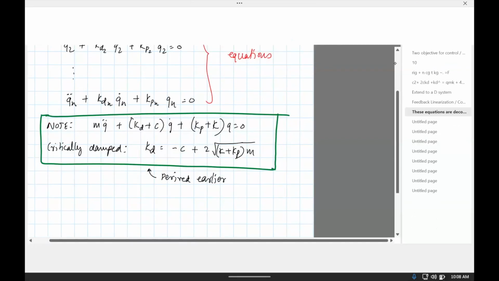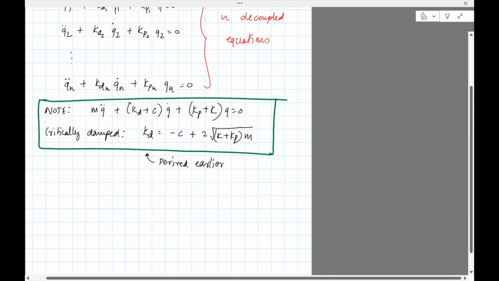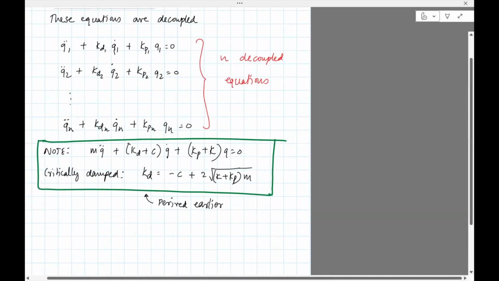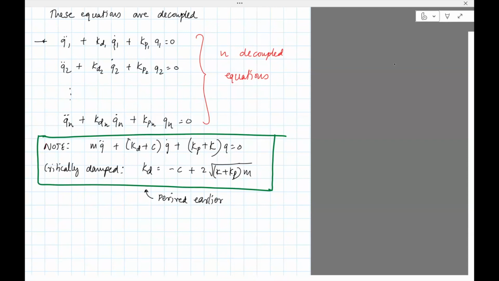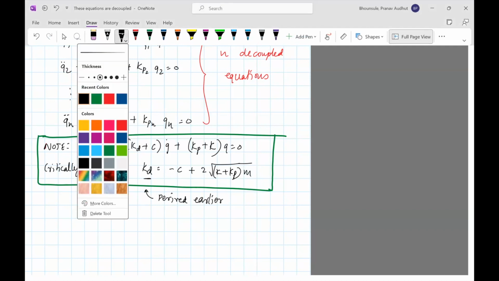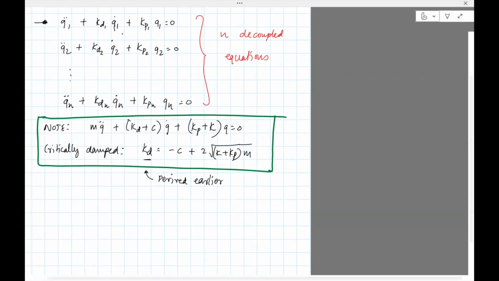Okay, now we come to use this. So how will we use this? We'll use this for the first equation. So the first equation is this. So let's choose kd1 now using this equation here. So kd1 equals minus c. So c is something which appears as kd plus c. But if you see here, it's kd plus 0, right? So c is 0